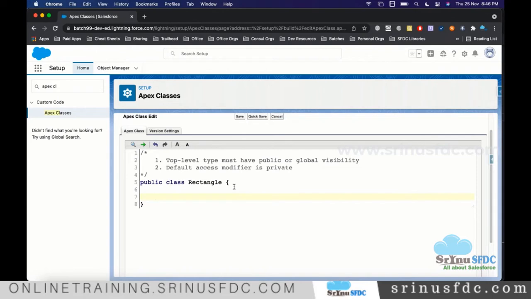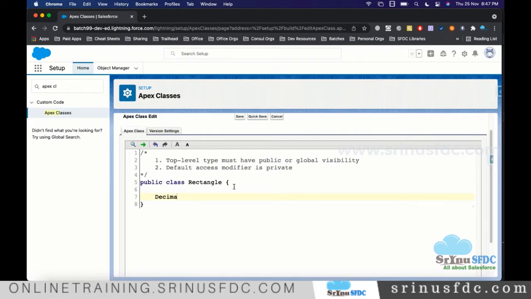Length is a number. Which type of number? Do you want to go with integer or decimal? Let's say 2.7 is the perimeter. If you want to support those kinds of values, which type do we need to take? Decimal, right? We decide. Let's say the requirement is that there is no way to maintain 2.7, and they always maintain 5, 10, 15, something like that. Then you can go with integer. But let's say they want support for decimal.